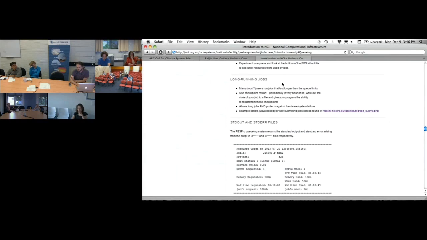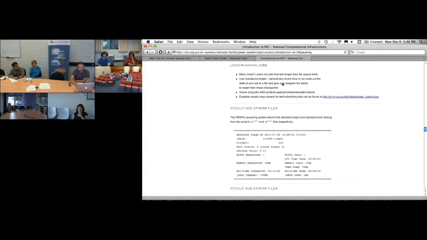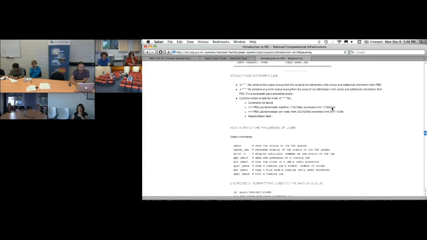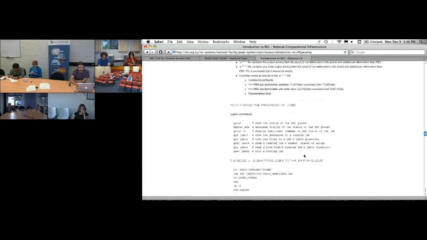So then, instead of running one huge job, where if it breaks in the middle you've lost all the hours, you should be running a number of shorter jobs that just continue on from each other. And then you've got output messages, error files, and a few more commands to monitor what's happening in the queue.